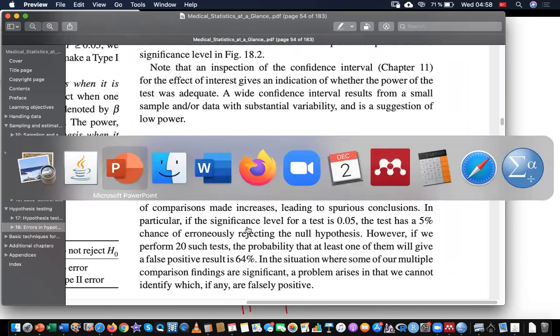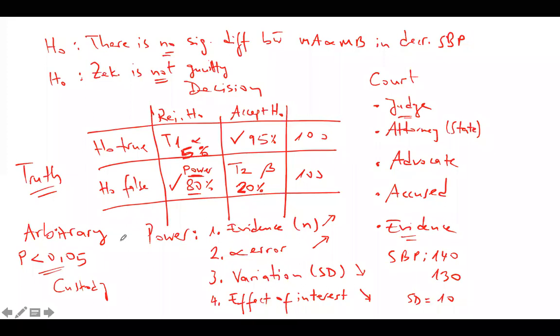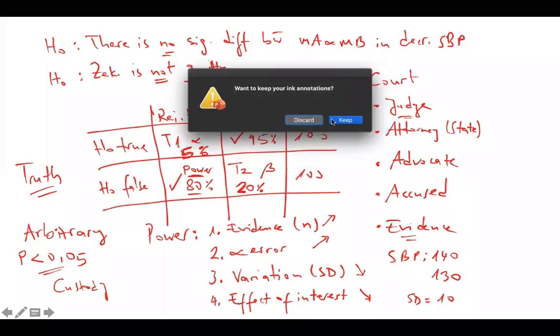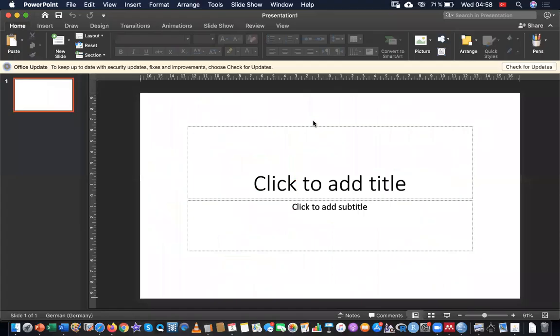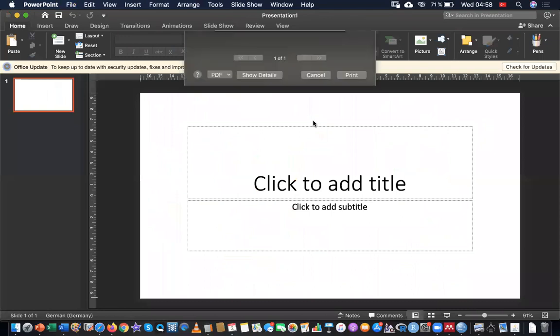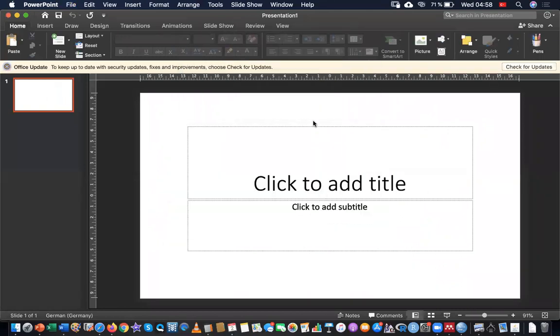Probably in one of the previous sessions I mentioned this to you, I don't remember exactly, but please remind me if I did or if I didn't. Oops. Yes. So, the multiple hypothesis testing.